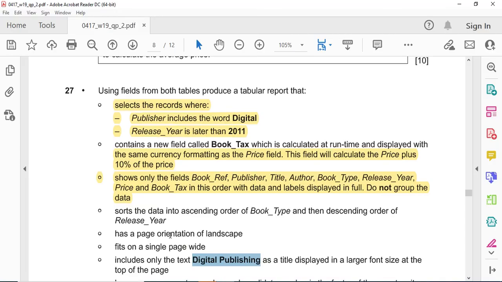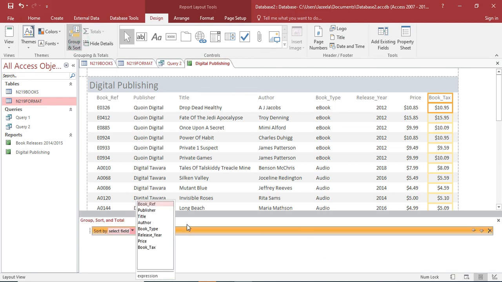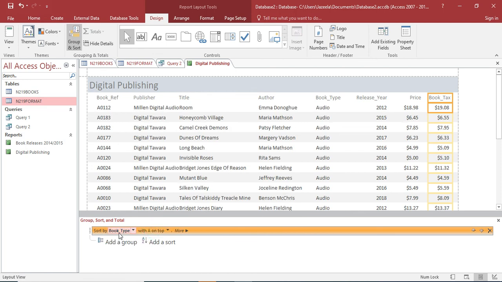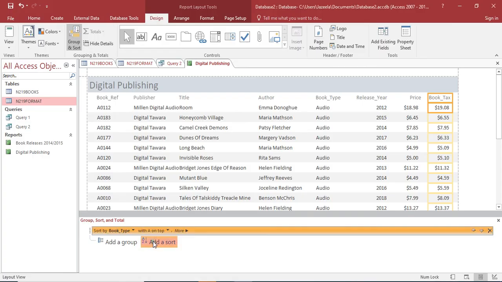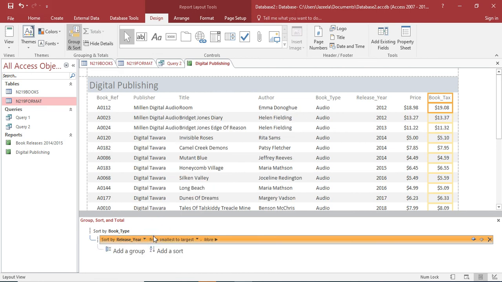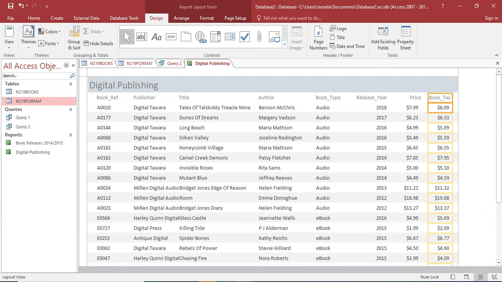Now we have to do the sorting. Here we have 2 types of sorting. First is ascending order of book type and then descending order of release year. So go to design, group and sort, add sort. First is ascending order of book type, so select field book type. A on top means ascending order, then the descending order of release year. So add another sort, choose release year and make sure that it is descending order, which is largest to smallest. So we are done with sorting, and next is